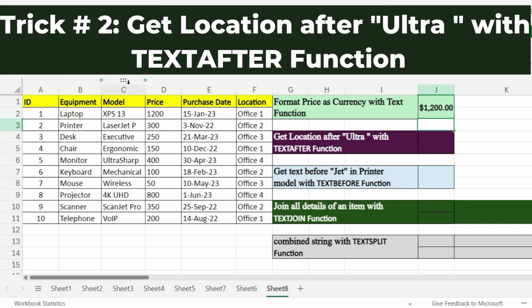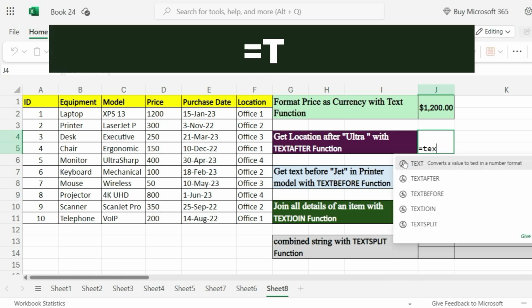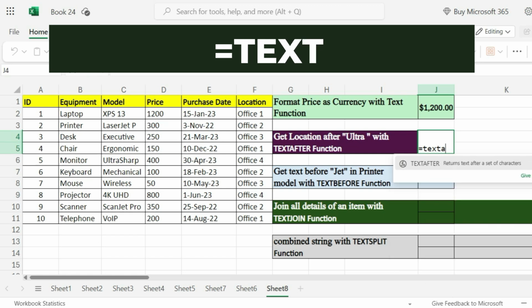Trick 2. Get location after ultra with TEXTAFTER function. Next, we'll use the TEXTAFTER function to extract specific details from the location field. Suppose we want to get the location number after ultra in cell C6. Here's the formula. Equals, TEXTAFTER,